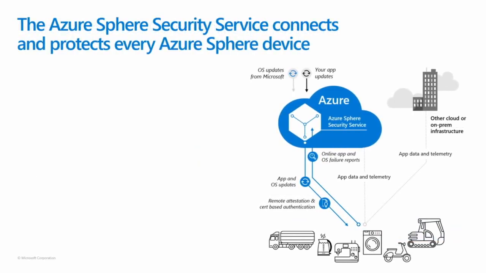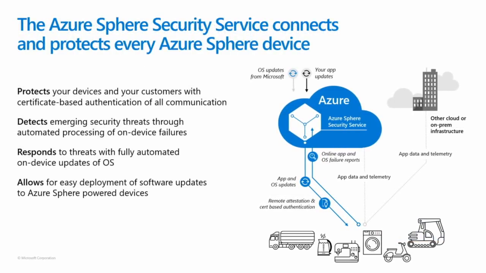So that's the OS. Let's jump to the security service. What are we getting out of the security service? How do we actually broker trust? Well, we use the security service to connect all our devices, and we send our failure reporting through it so we can do analytics and look for attacks out in the wild. We also use the security service to push updates back down to devices. And Azure Sphere device updates can't be turned off. It's part of the agreement that device manufacturers accept that we're always allowed to take an update and push it out to the device.